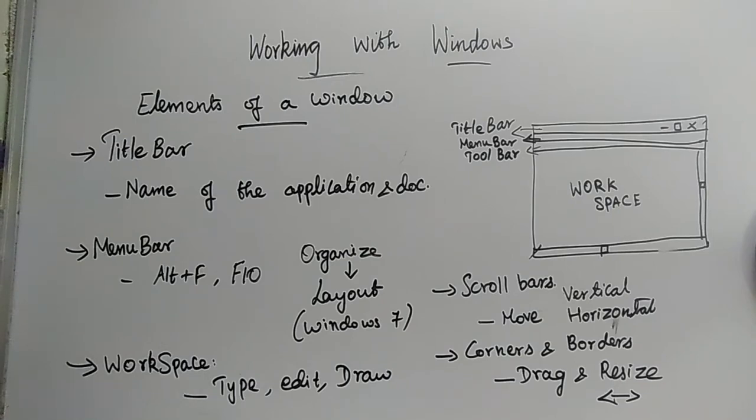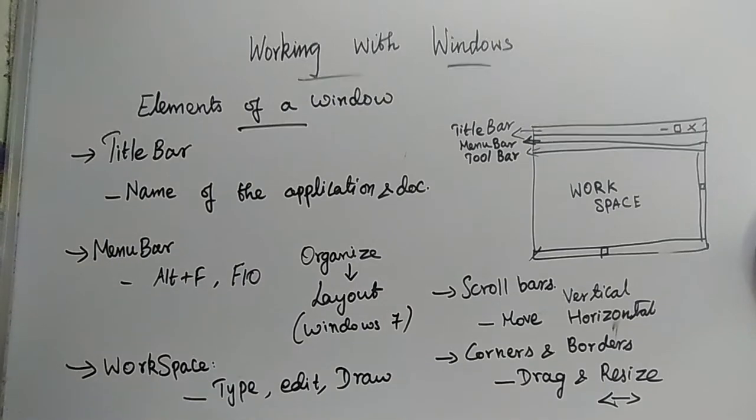So clear with the topic, what are the elements of a window? Clear. So where are the minimize, maximize and close buttons? Yes, you are having that in the title bar. Similarly, the minimize, maximize and close buttons are together called your control buttons. So clear with the topics, what else have we discussed by now?